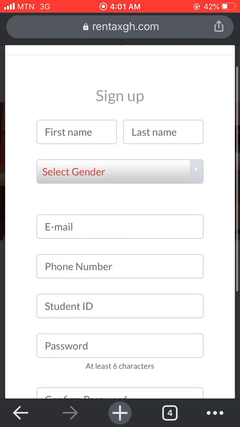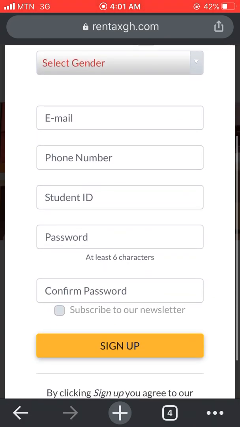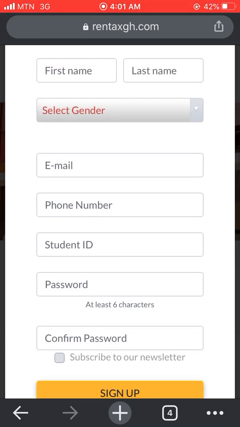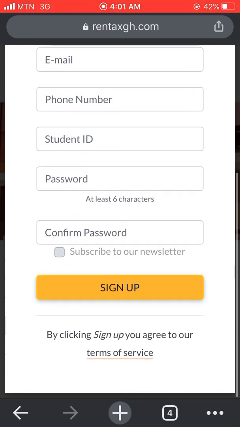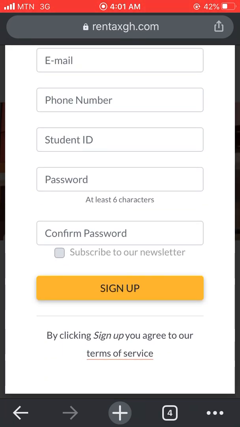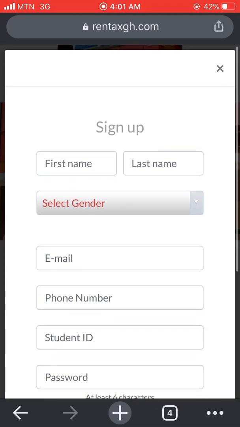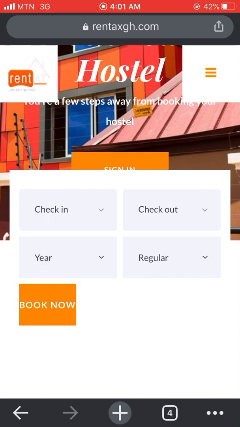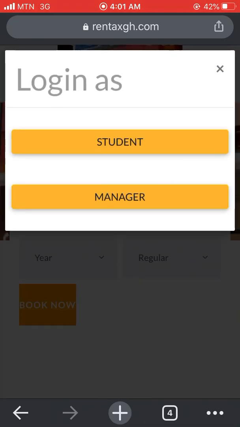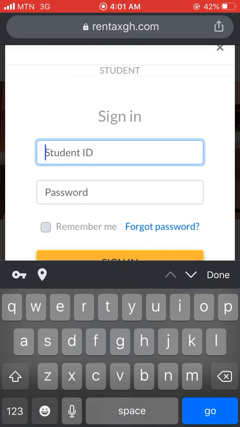Of course, once again, you would like these details to be as accurate as possible because they would automatically be updated on your form, which can't be changed. And then also you'll be receiving confirmation alerts from your hostel manager via SMS on the number that you provide. So you would like to make sure these details are as accurate as possible. So after creating an account, you then come back to sign in. So for the purpose of this,